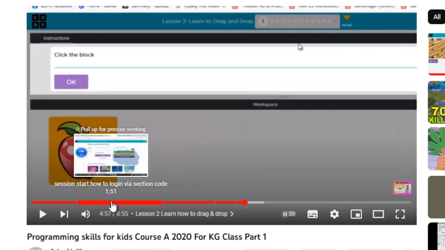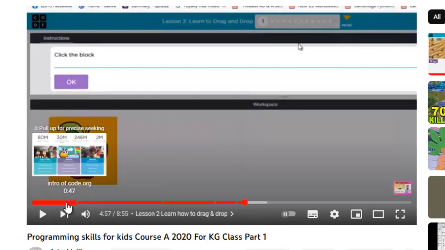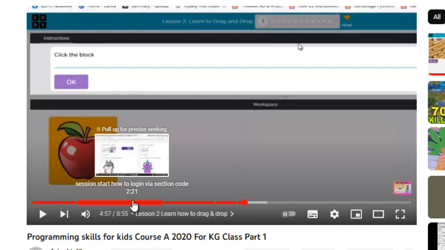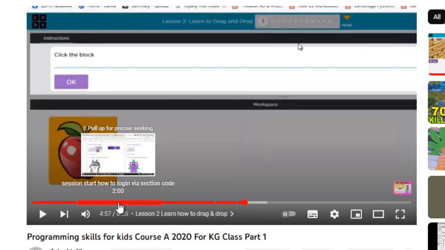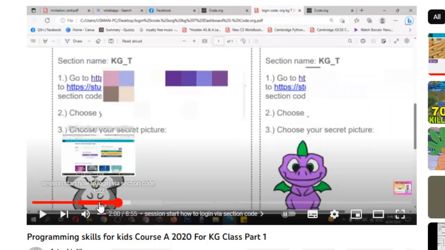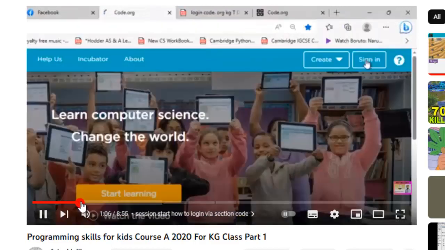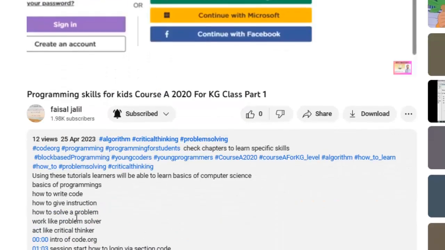You can even find it over here. How to log in via section code. Okay, then enter to code.org. This link only belongs to how to log in and enter the access code. So when you click here, it will take you directly over there. And you can use sign in code.org, or you can